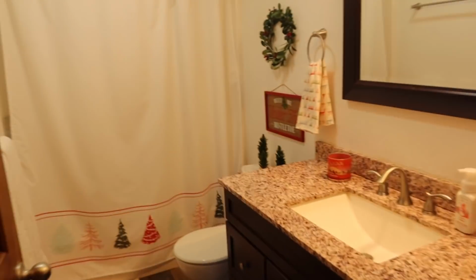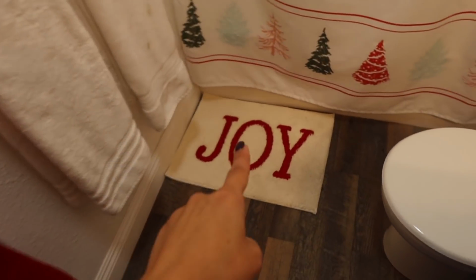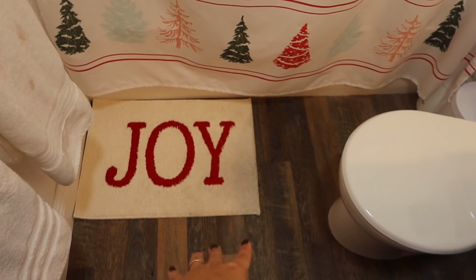This is the kids' bathroom. We have a bathroom off of our bedroom too, but I only decorated their bathroom for Christmas. I didn't decorate ours. I'm sorry if there's a little fan noise, but I found this Joy rug at Target,